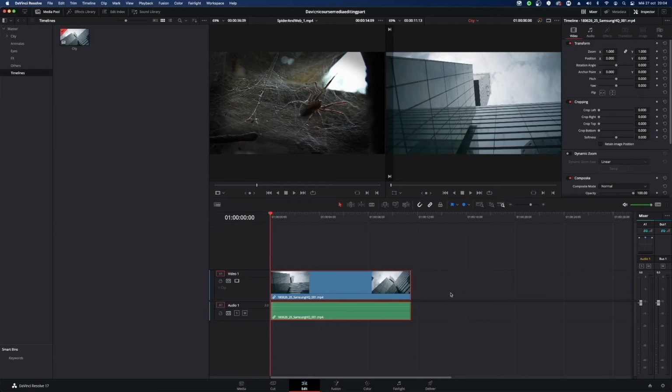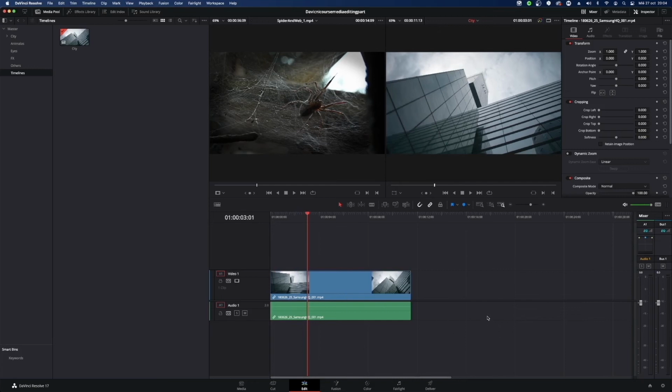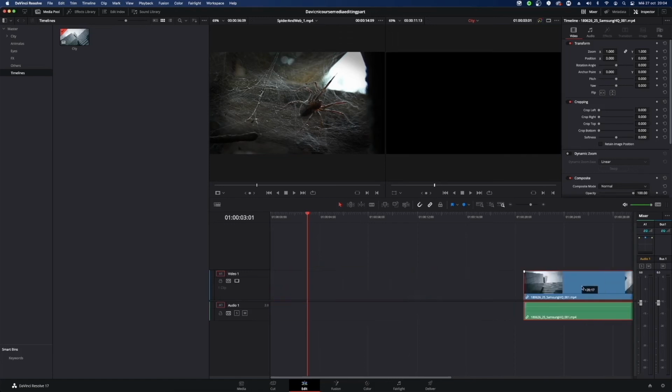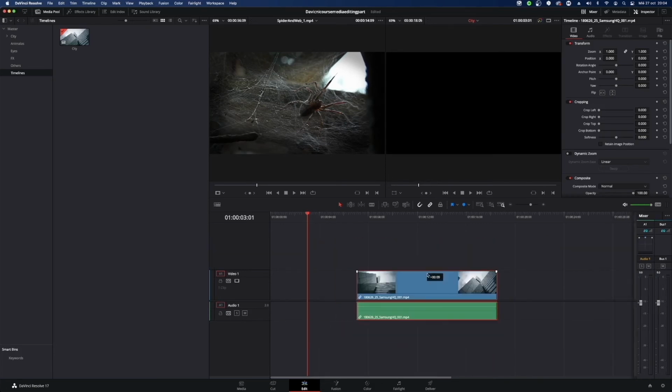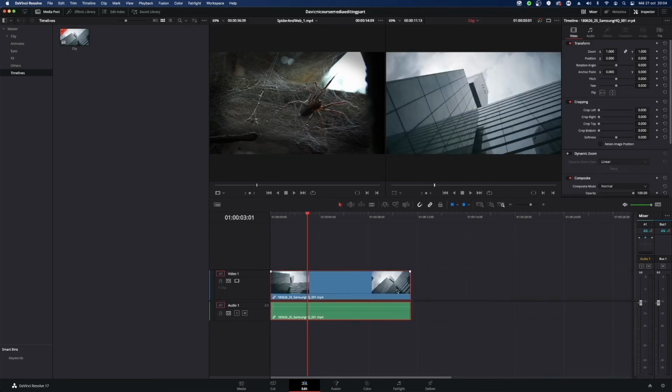And now we're going to see what the difference is between these. As you can see here, there's this horizontal line, and that line separates audio from video. However, if I want to move the audio or the video, they are stuck together, they are just glued to each other. That means they're linked. This image is linked with this audio. And in case I don't want them to be linked, so that I can move things,